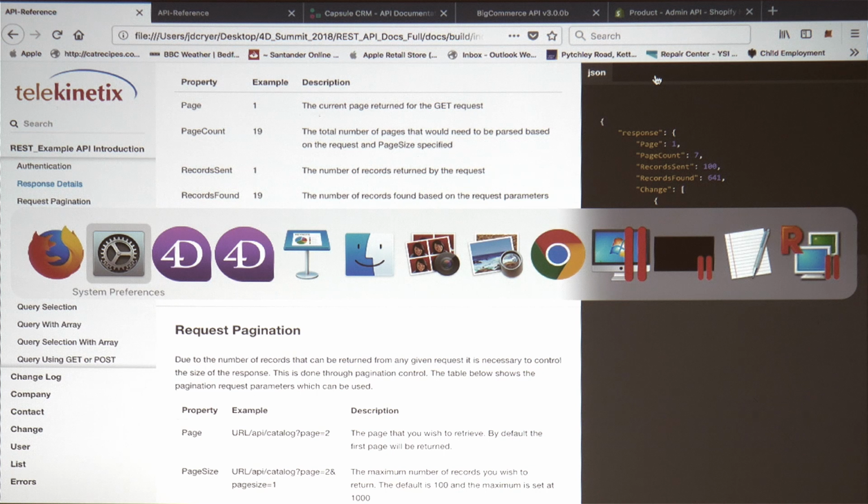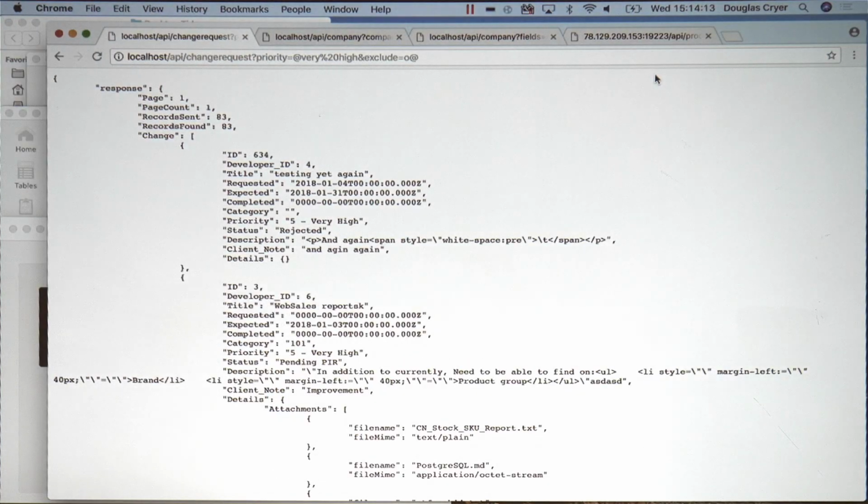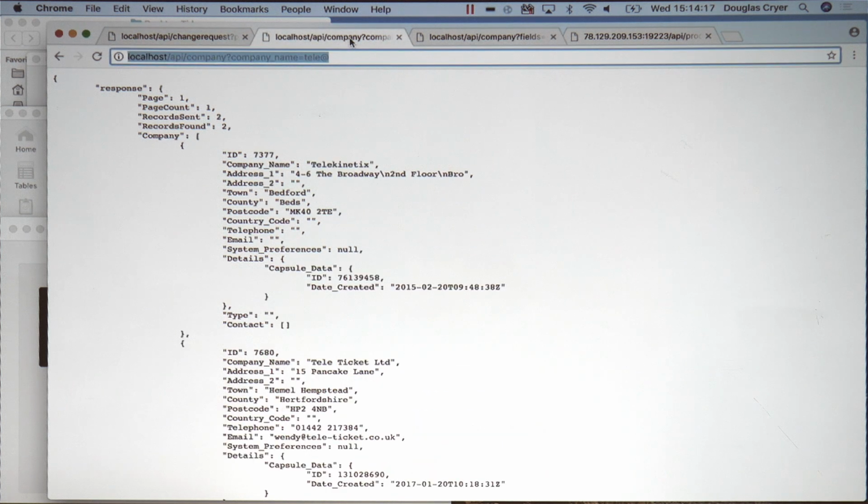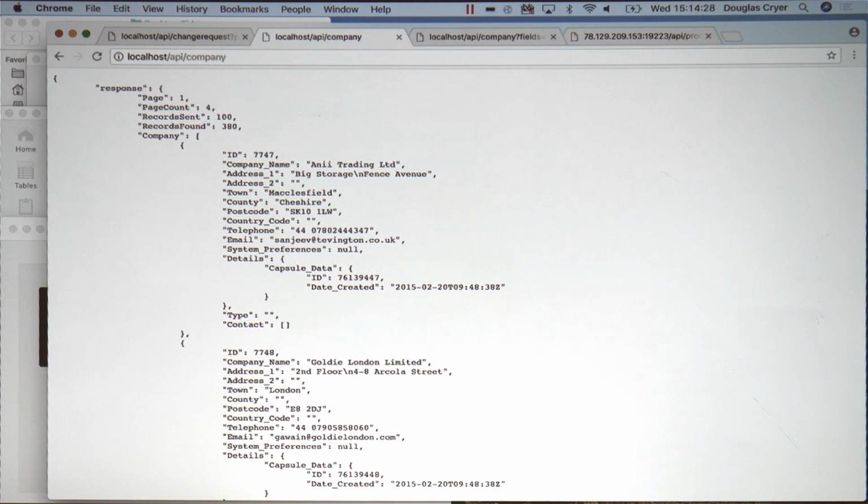So what does that look like in practice? If you actually ran one of those, what would you get? So here I've got, I'll just take that out for the time being. Here's a response for the company table. So that's my 380, but obviously that's just page 1 of 4 because I'm asking it for